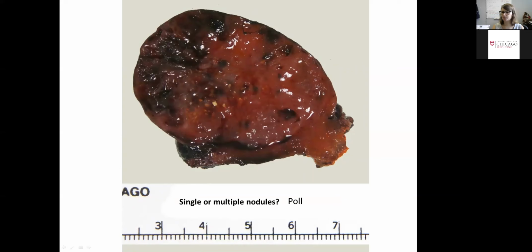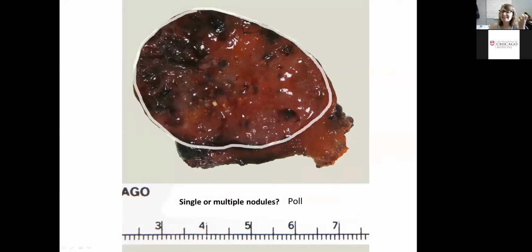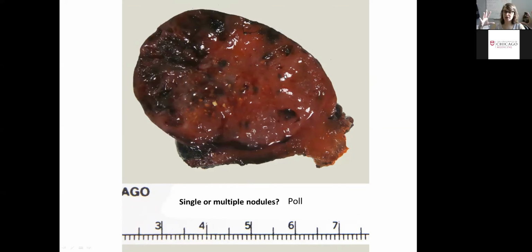72% voted. I'll take it because you're learning. Now 94% of people said single nodule, all right? So again, in this case, there does appear to be a rim of kind of bland, brownish thyroid at the bottom, right? And this more gelatinous nodule that you can draw a line around its pushing border. There are some flecks, maybe some hard colloid in there. There's some more dark brown and some more reddish brown areas, but essentially this appears to be a solitary pushing